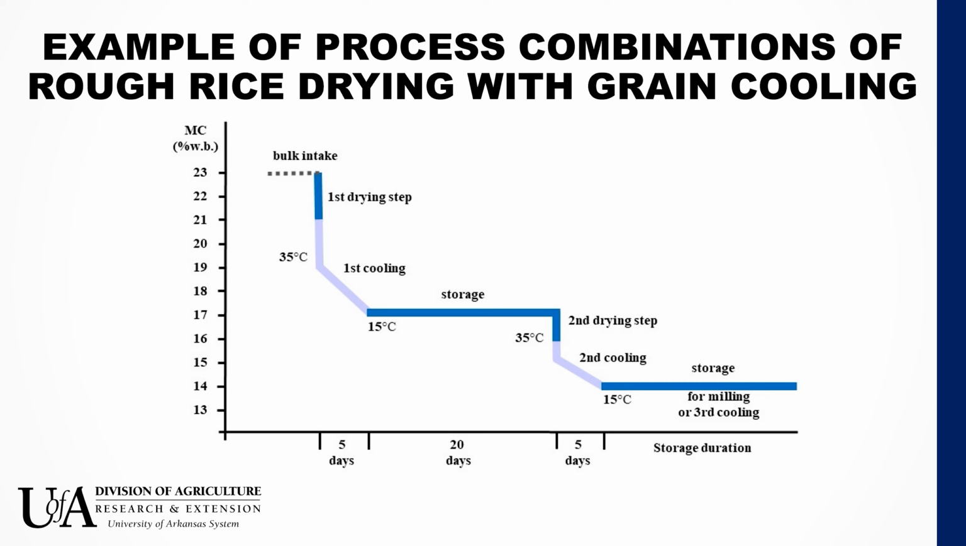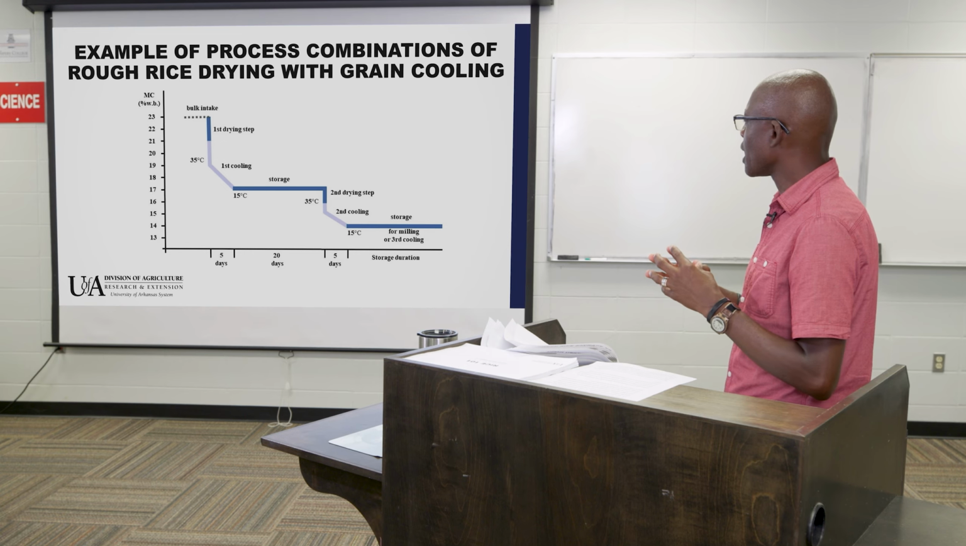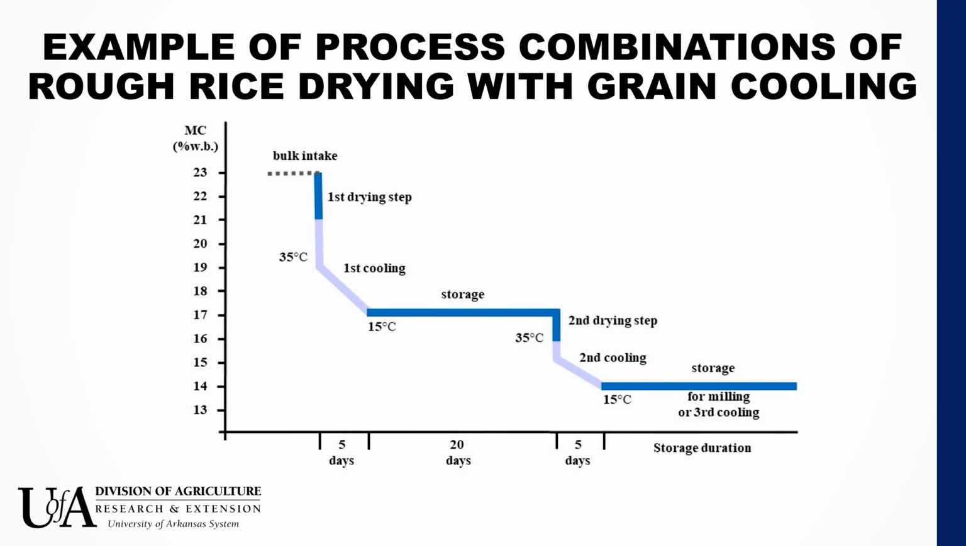The cooling process removes moisture, and therefore that grain comes to about 17% moisture content. It's at 17% moisture content and it's cool at 15 degrees Celsius. At that condition, we can store it. During that time, the process of respiration keeps going on, and we expect some heat accumulation within the grain. Because of that heat accumulation, we need to cool the grain again. And so you have the need for a second cooling, but before that, we can do a second drying step,